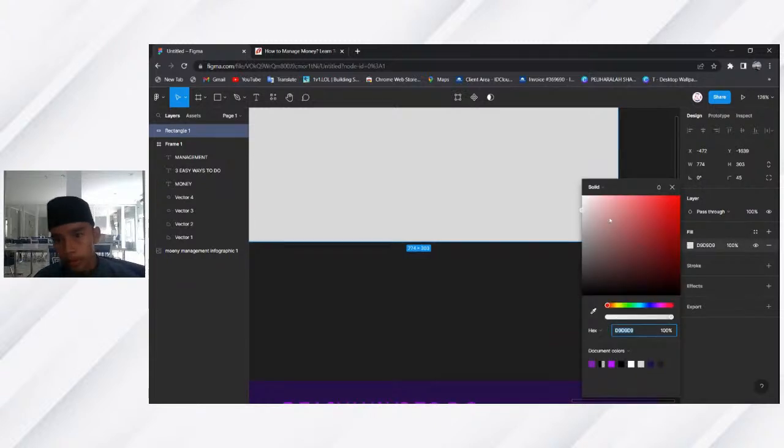And now for the fill here, I'm going to use pure white, which is FFFF, and add a stroke.